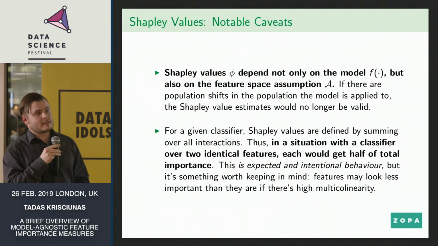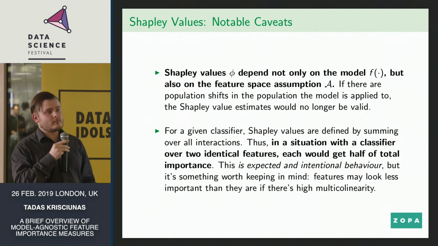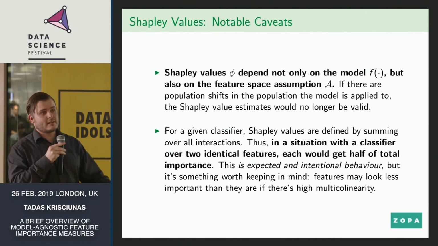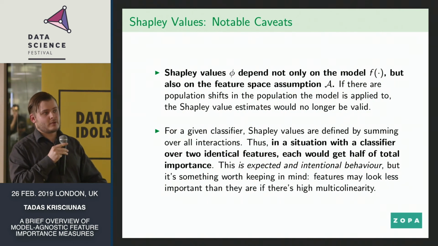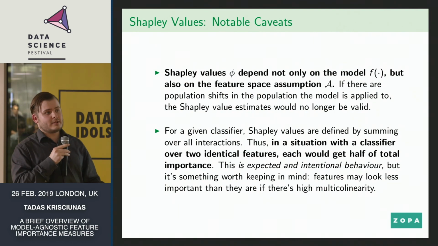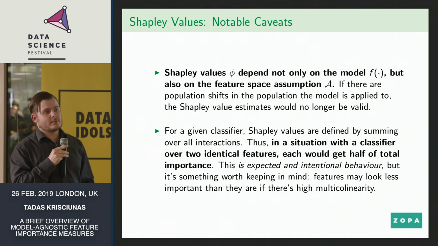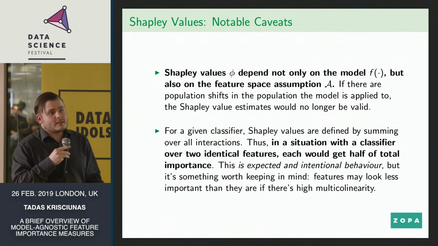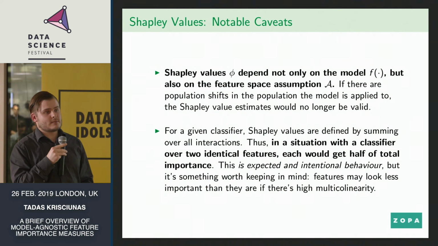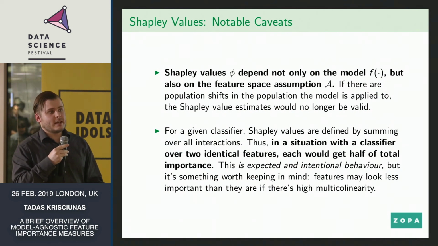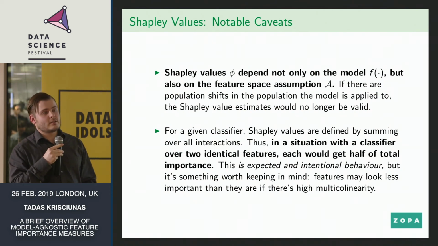It's also worth understanding that because of the way it's defined, Shapley values in presence of two identical features will distribute importance to both of them equally. So if we have two ideally predictive features, each of them will only get half of the full performance. This stems quite directly from the axioms, and specifically, if we think about the symmetry axiom, identically behaving features should be scored identically, but it is not necessarily too intuitive in all cases, because